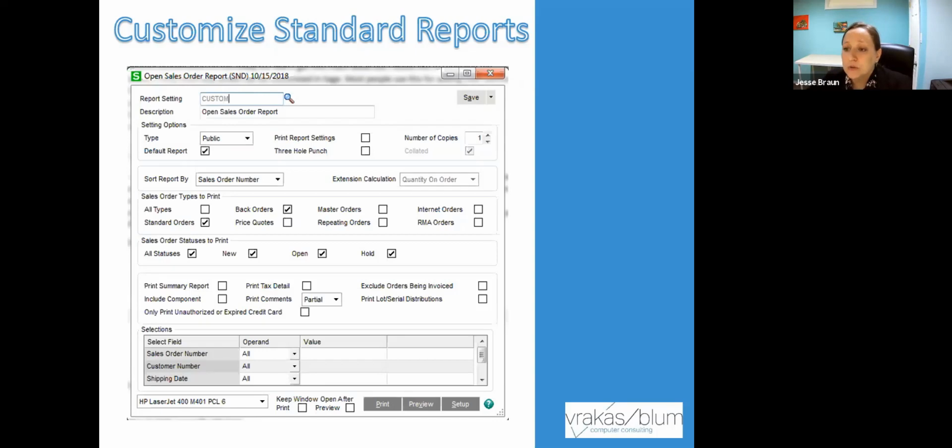And the other thing that we can do is save print options. So in this example, we might only ever want to see standard orders and back orders. We don't want to see any of our quotes. We don't want to see master orders. And we would want to change it. We're going to sort the report by sales order. If you save this, it will actually save those options for you the next time around. So you don't have to spend all of your time changing and clicking and remembering, yep, I need to do this. So customizing standard reports, fairly simple, and definitely something as a starting point for you